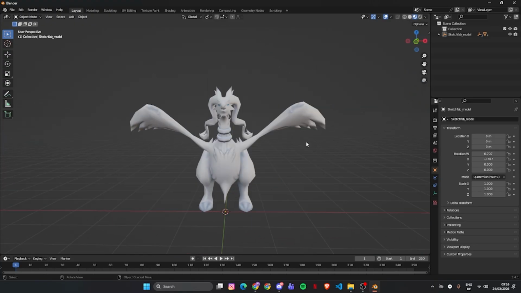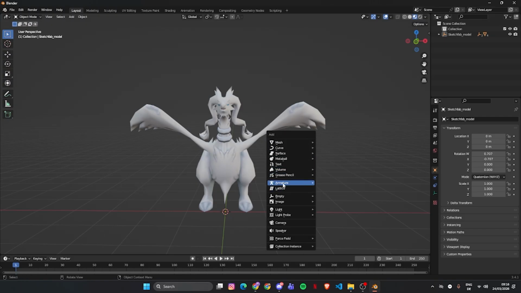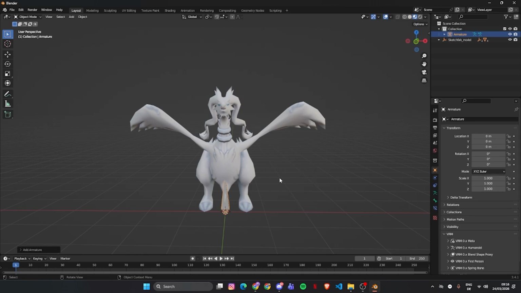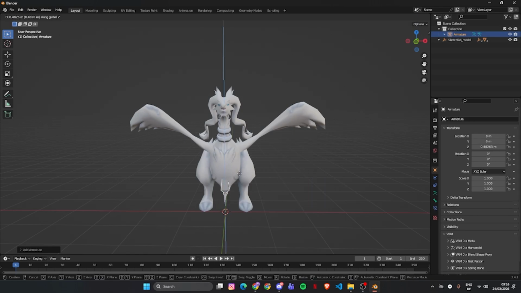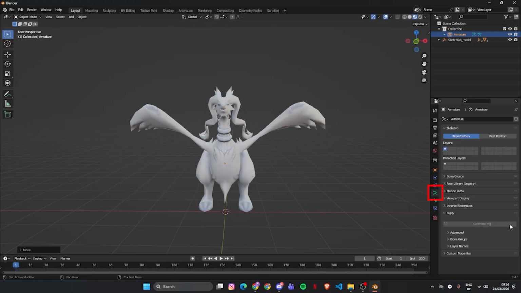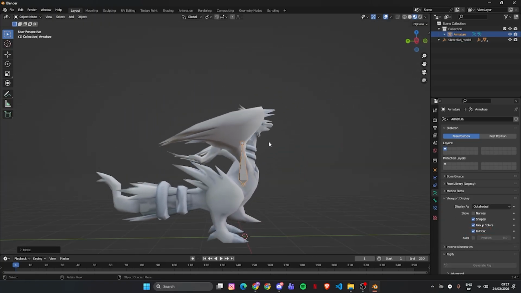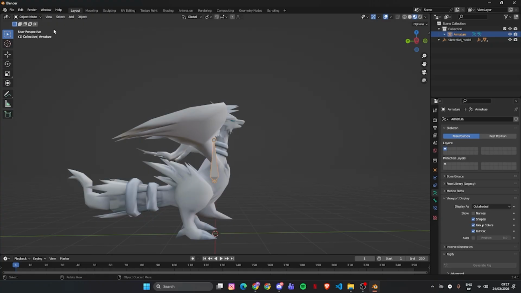For starters, we are gonna click Shift and A, and we are going to add an armature. Gonna make it a single bone. We're going to go to the bone tab, or armature tab. And then we're gonna go under viewport display and place it in front. This way we can see where we have the bone and how it's moving.